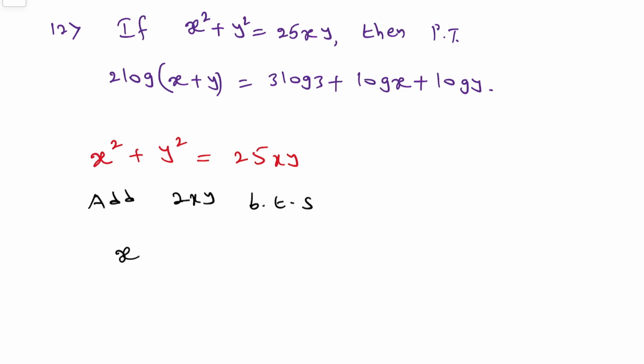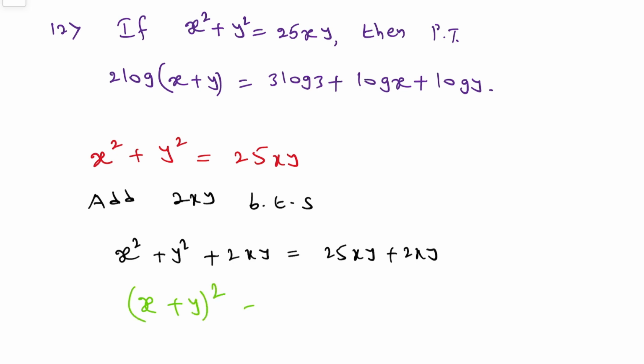Then it will become x square plus y square plus 2xy equals 25xy plus 2xy. Now if you observe the left side, x square plus y square plus 2xy is in the form of a square plus b square plus 2ab, which is nothing but a plus b whole square. In the same way, x square plus y square plus 2xy is x plus y whole square. 25xy plus 2xy,